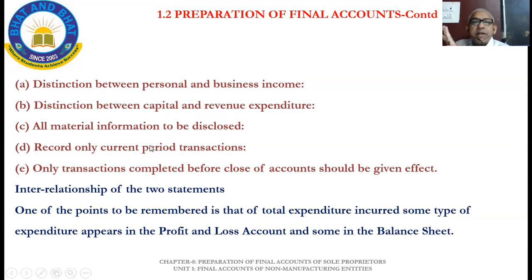Okay, then material information to be disclosed means, in the business, whatever changes there are in the concepts adopted or in the accounting procedures adopted, such material information is very important to understand the consequence of the changes for the stakeholders. I told you internal and external. Internal is like the management of the company, external is investors, government, public, etc. Those are all stakeholders.